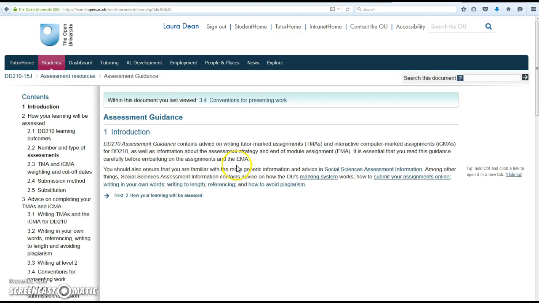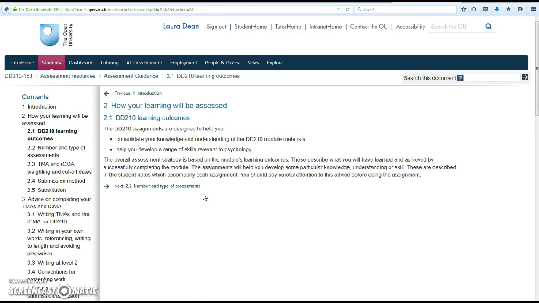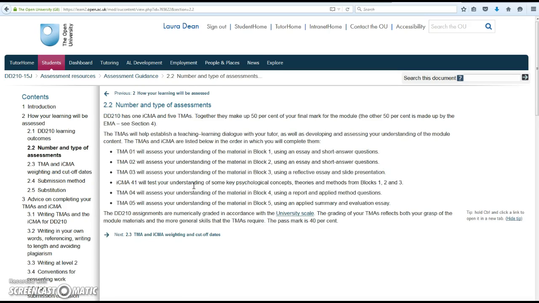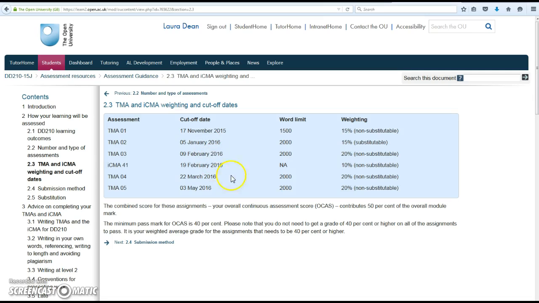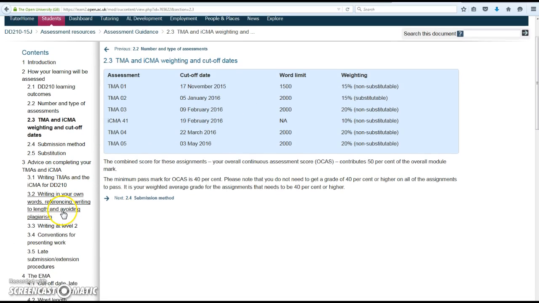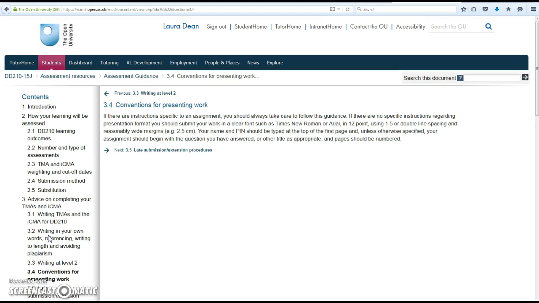Now there's lots of stuff about how you're assessed, the learning outcomes that you're expected to achieve on this module, which should help you in structuring your assignment and understanding exactly what's being asked of you and why. But at this stage, what I'm interested in is this section, 3.4, conventions for presenting work. So this will just tell you some basic things about what you're being asked to do in terms of presentation